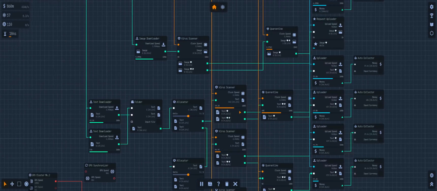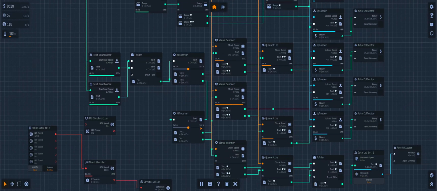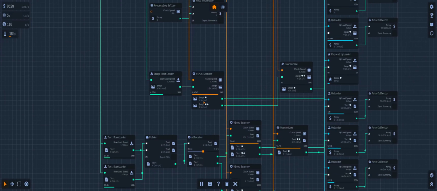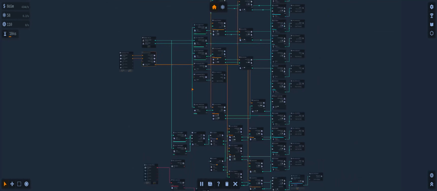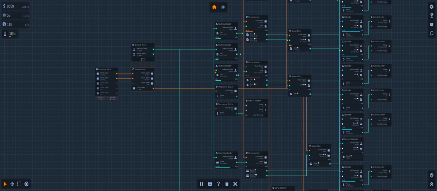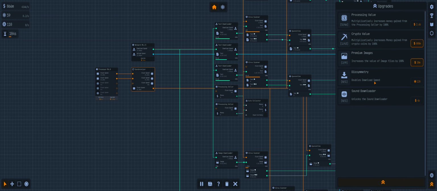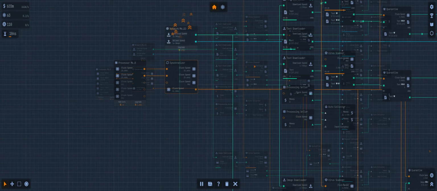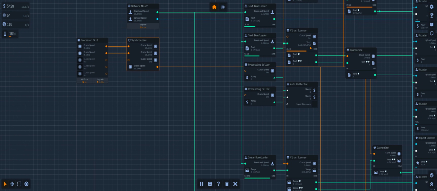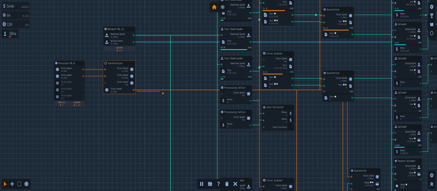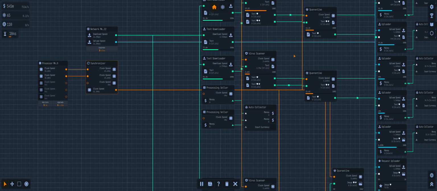So yeah, essentially, that's going a lot quicker. Yep. We still need to upgrade download speed, which will be happening very soon. Doubles download speed, we need loads more of those. But that's fine. Upgrade our download speed now. Oh, actually, I need to link that one, don't I? There we are. So that's going through that